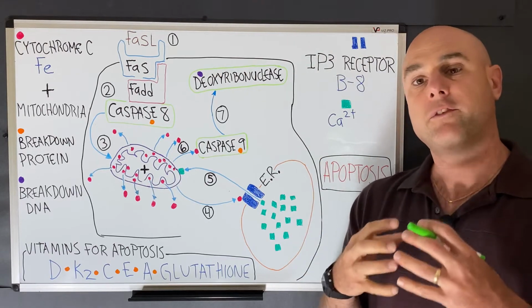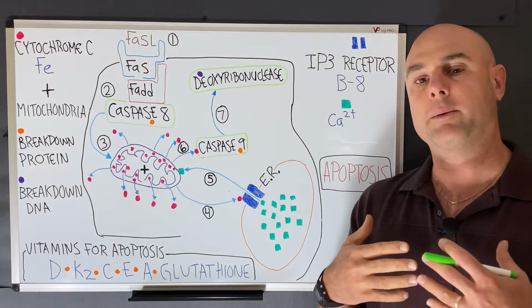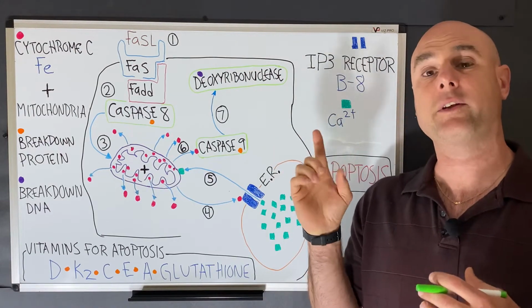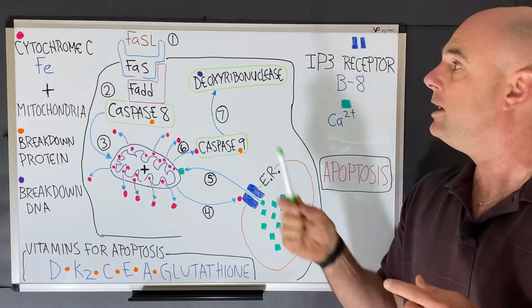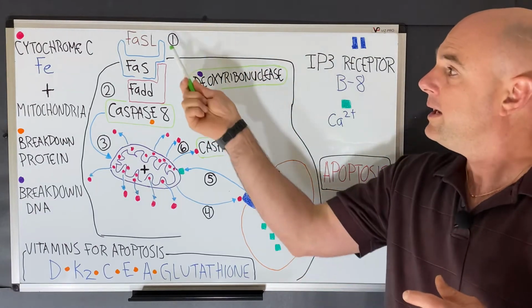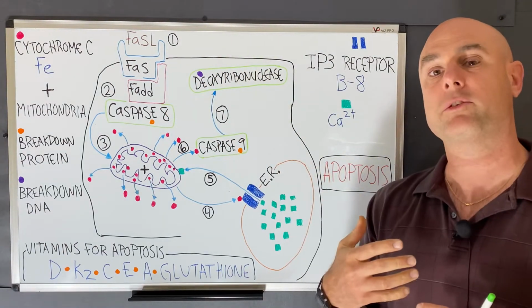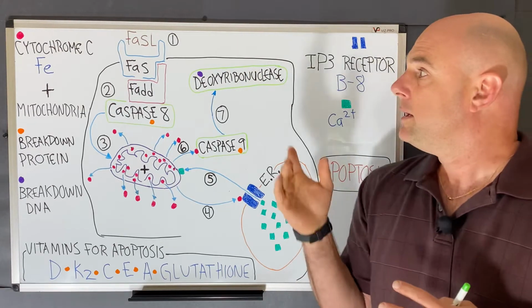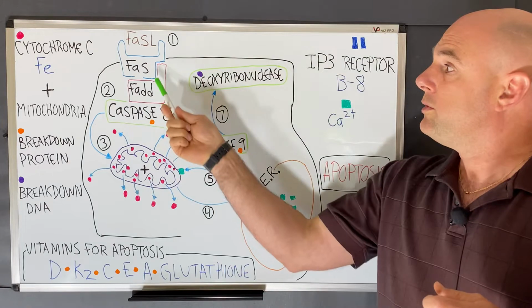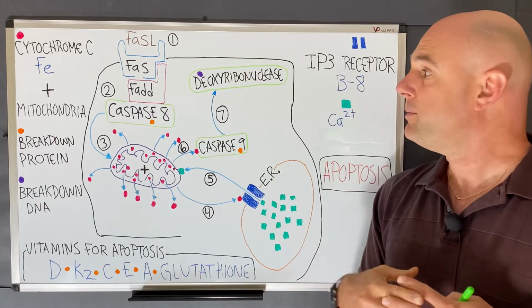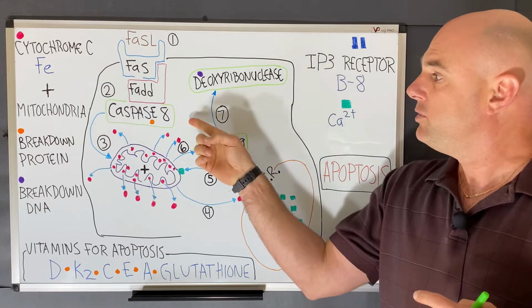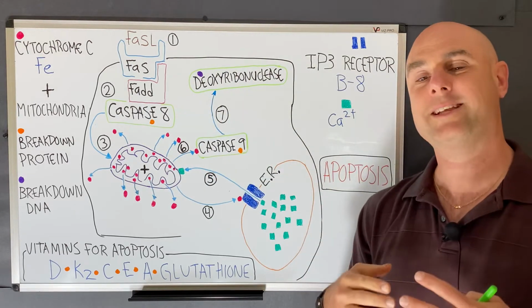That is the first signal in the process of apoptosis, and it is a signal that is connected to a neighboring cell. So up here would be another cell, and this chemical signal is actually attached to the neighboring cell. Now when that binds to the receptor, the FAS receptor, it causes a protein called FADD to turn these